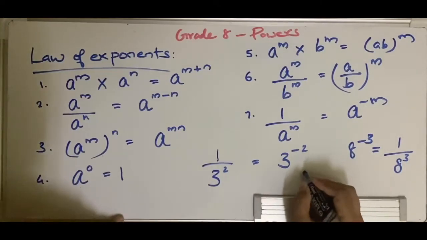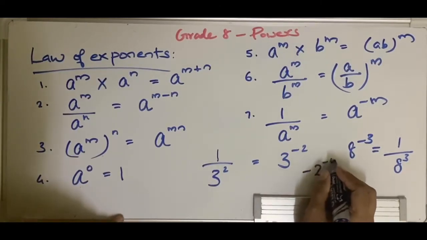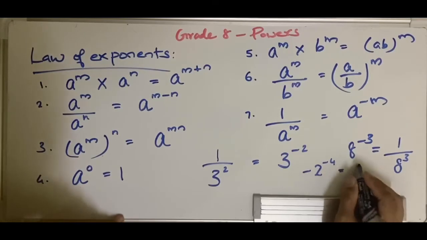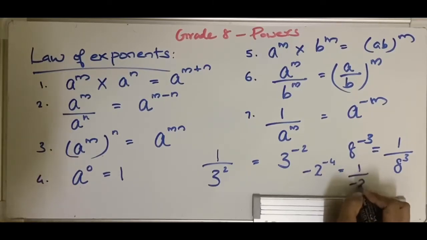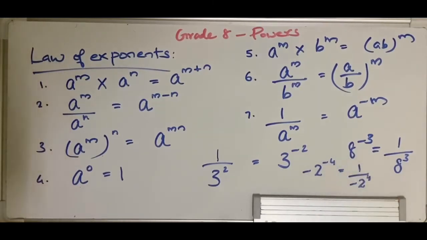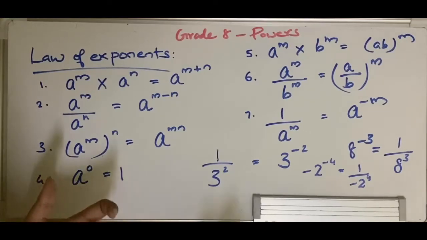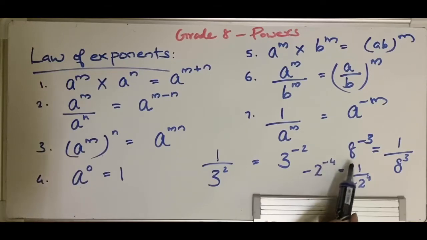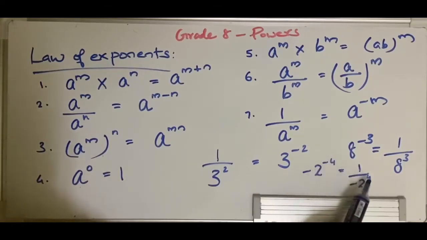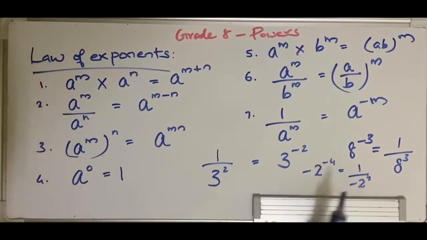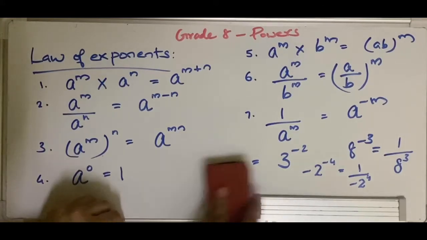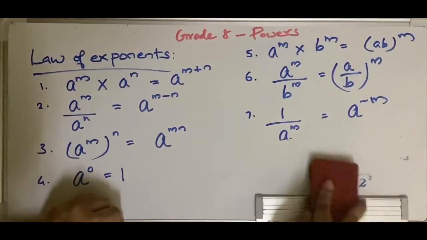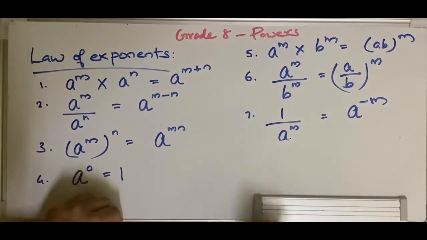Similarly, if the question is minus 2 raised to minus 4, you can write it as 1 by minus 2 raised to 4. If you have a negative power, what you need to understand here is that you are just taking the reciprocal, right? You are just taking the reciprocal and then you can make the power positive. So these are the basic laws we need to know in order to do questions in exponents. I hope these laws are very clear to you.